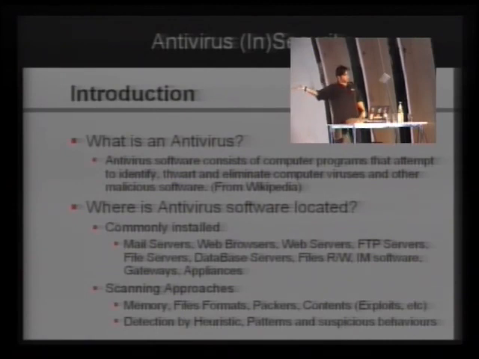Instant messaging software is a very interesting one, because when somebody sends you something and you receive it, and your antivirus scans it, it can also be a target here. And in any kind of gateway that we put in, there are many solutions nowadays that enable you to analyze any packet that passes through the network. The same goes for appliances, those all-in-one boxes that do everything. This is interesting to research because it's basically everywhere.